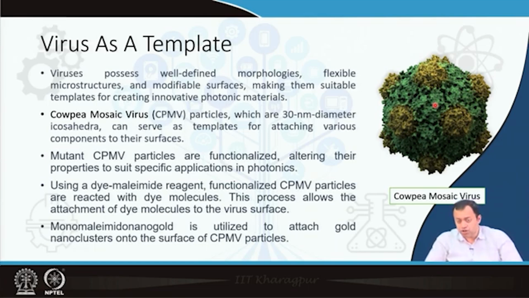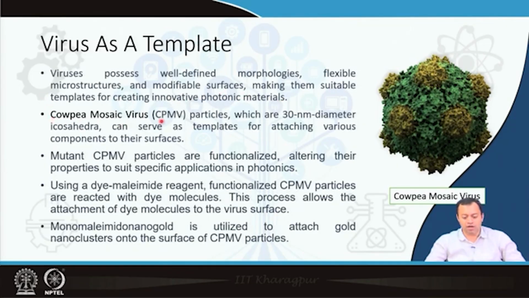So, the first process comes when the cell membrane's particular door, particular lock, is opened by a specific key, and these spikes, more so in a coronavirus, you have seen those red-colored spikes, are keys, right. So, viruses possess well-defined morphology, flexible microstructure and modifiable surfaces, making them suitable templates for creating innovative photonic